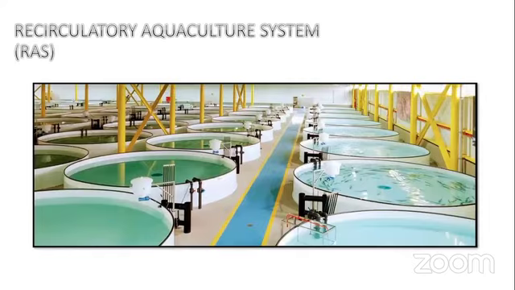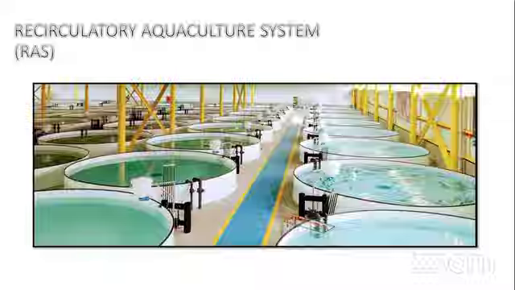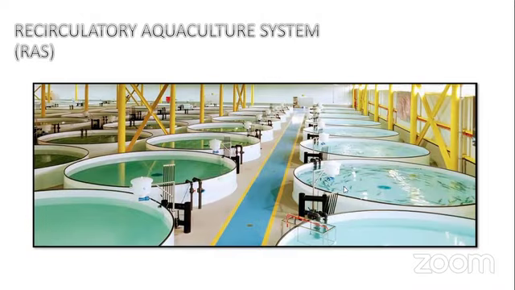This is the setup for RAS, recirculatory aquaculture system. Now we have seen the first, the biofloc, where there is limited exchange of water, but still we have to exchange the water. In cage and pen, we are rearing the fishes in a natural water body. This is the recirculatory aquaculture system where we use circulating water. We are reusing the water, keeping the water quality in permissible values, and we can stock the fishes in high density.